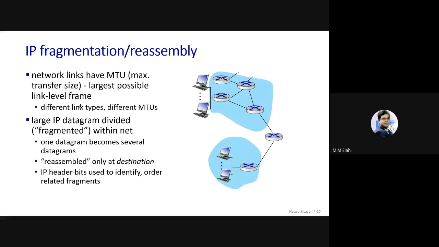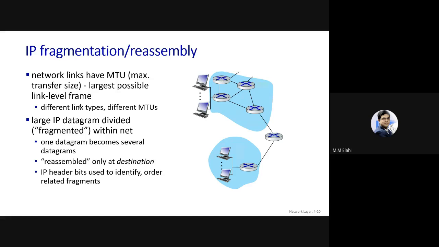Capacity in terms of the size of a packet that it can carry. That is called MTU, maximum transferable size, the largest possible link level frame. So definitely that is defined by the data link layer protocol, and we are now at the network layer. So the network layer has no idea about the link, but when the network layer wants to forward the packet to the data link layer, then the data link layer will say, okay, see, my MTU is 1500. You cannot send more than this